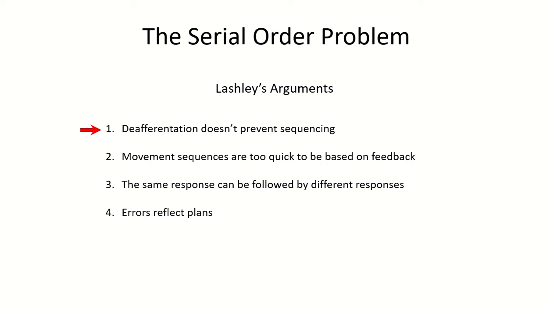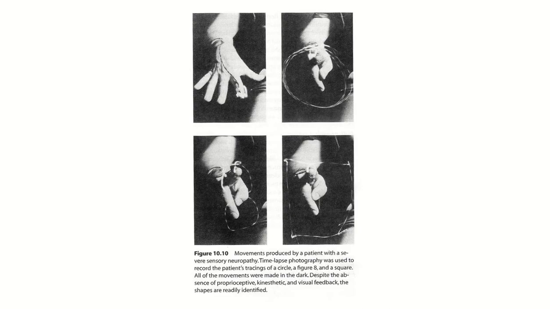So first of all, deafferentation does not prevent sequencing. Now, this may not mean anything to you right now, so let me explain what that means. Deafferentation happens to people when they get damage to their spinal cord. They can get this damage sometimes due to a virus, actually. That happens more often than you would like to think, but it does. Or due to some sort of external damage, meaning they get into some sort of injury, some accident that then leads to injury that can cut their spinal cord